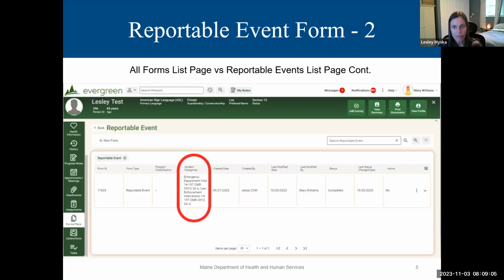Please note that if you navigate from a query, which is an outstanding work list or work action list, or a notification, which is similar to a tickler in EIS, then the system would bypass both of these list pages and take you directly into the reportable event form that was selected. If your role includes the ability to create reportable events, you can do so from either of the list pages by clicking the plus new form button in the upper left of the content area. Next slide, please, Miranda.